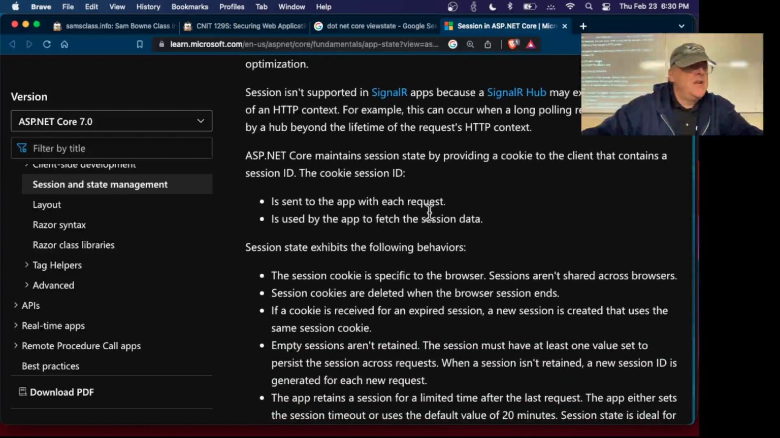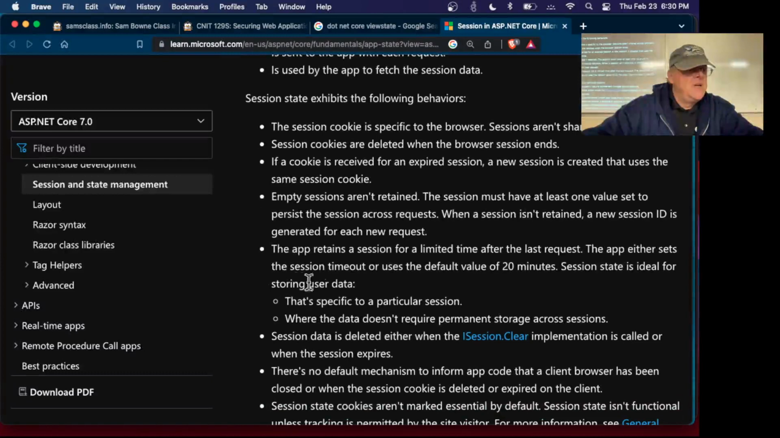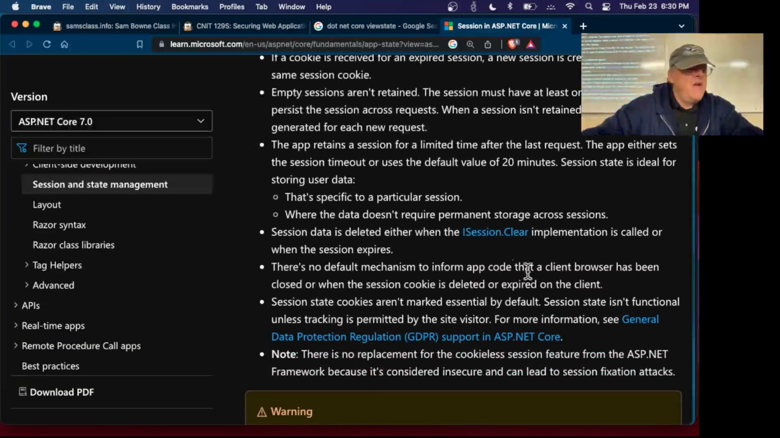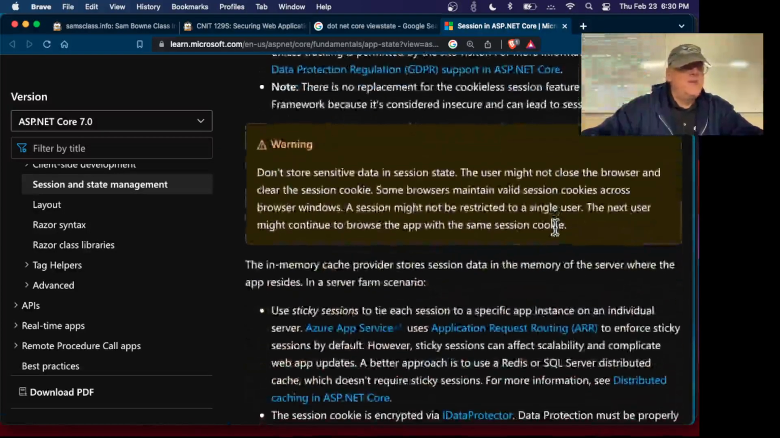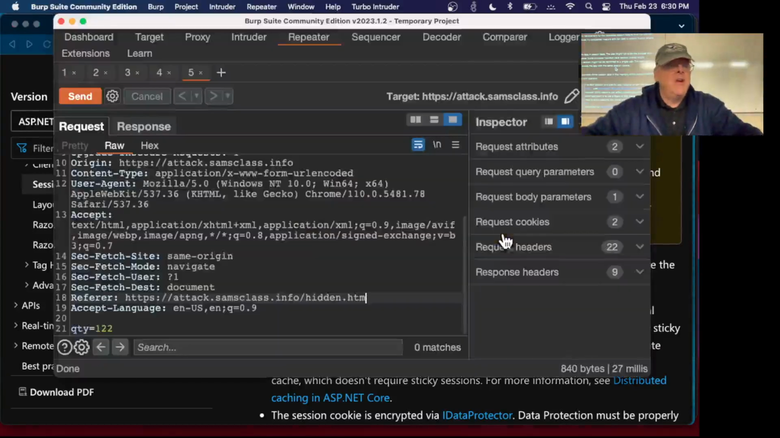Session state provides a cookie that contains a session ID. And I wonder if it is hard to modify. That's what I'm looking for. For limited time, there's no default mechanism. They aren't marked essential. Well, it doesn't sound like that's the same thing. Well, I don't know how that compares. But anyway,